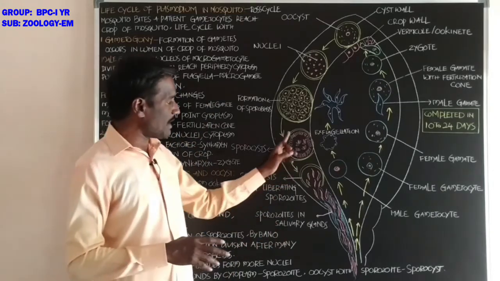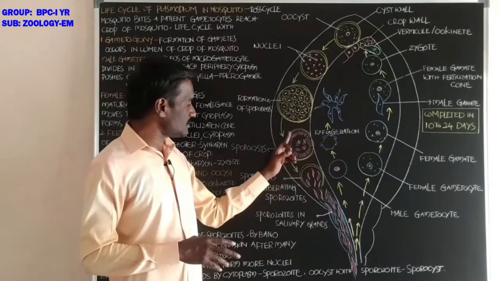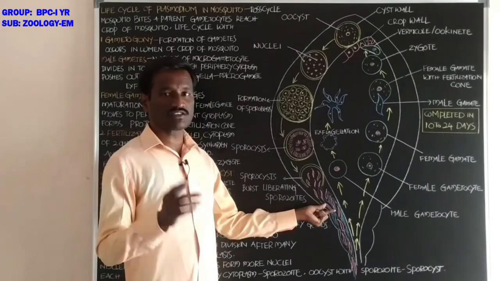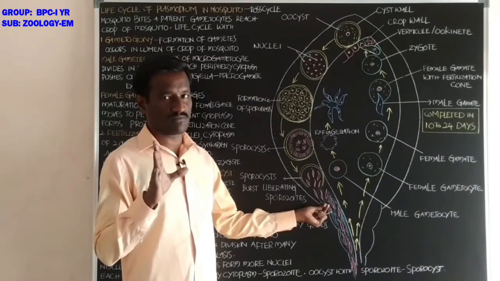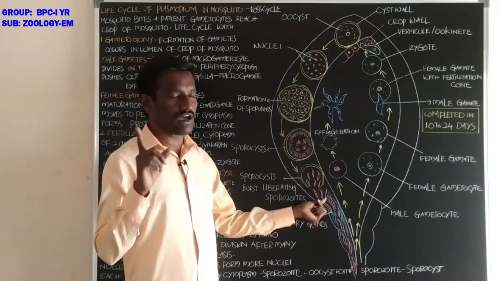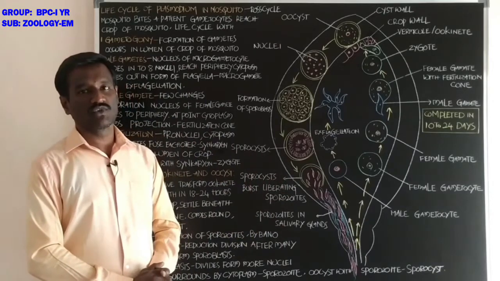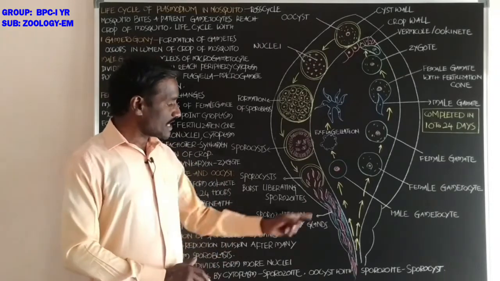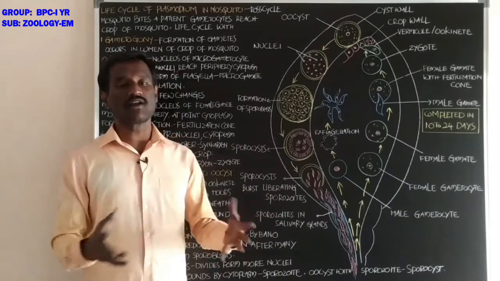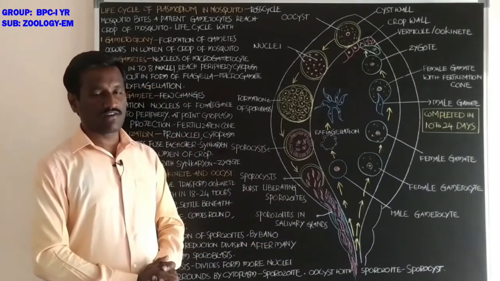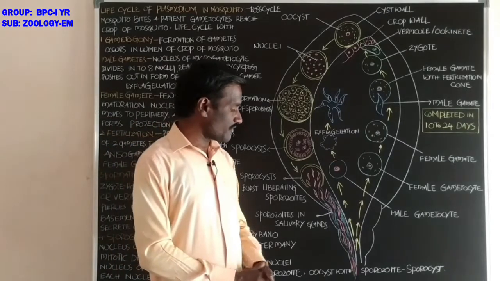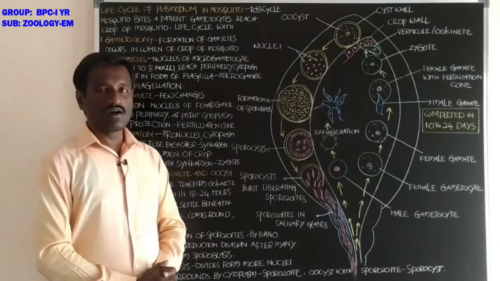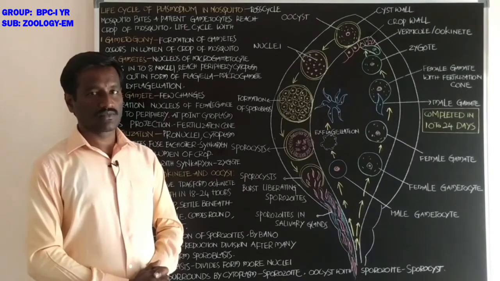The cyst wall of the sporocyst is ruptured, and a large number of sporozoites, approximately 10,000 sporozoites, are liberated into the hemocoel, the body cavity of the female Anopheles mosquito. Students, from there they reach the salivary glands of the female Anopheles mosquito and are ready to enter into man